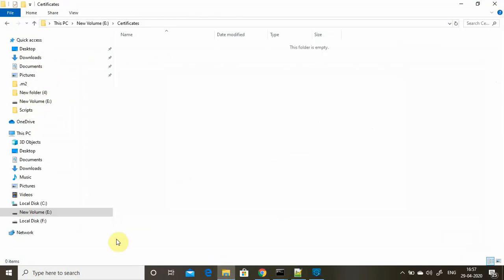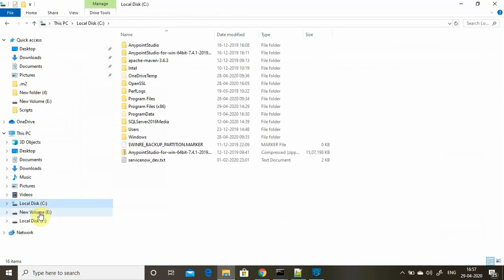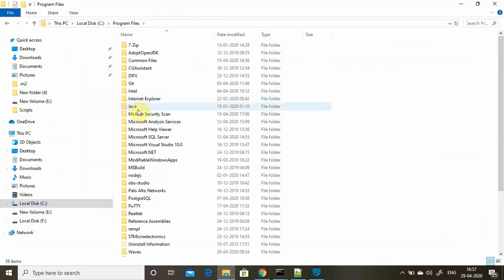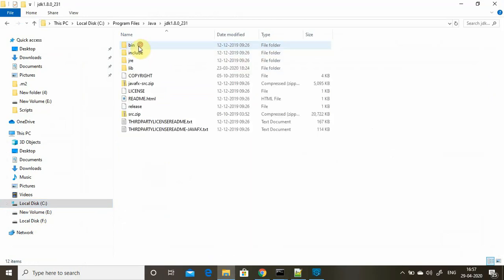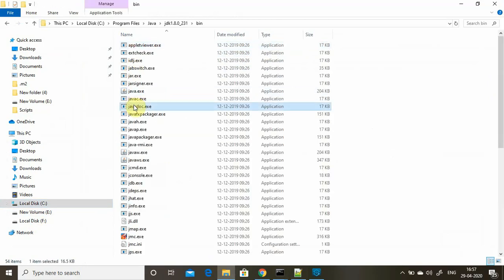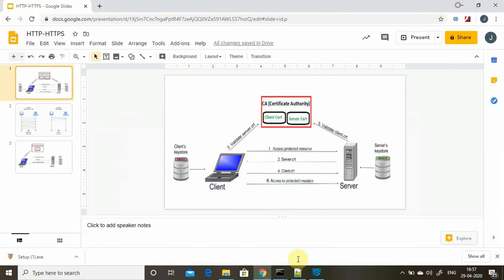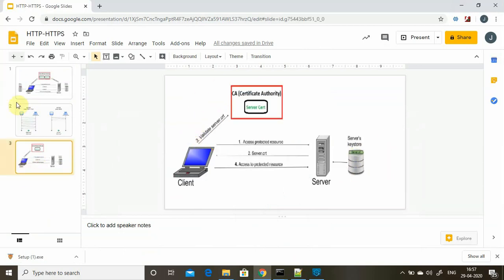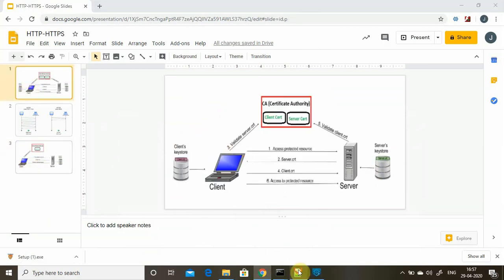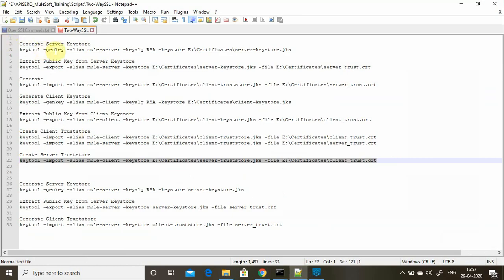So how can we do it? There is a utility called keytool, which is part of your JDK. You can go to Program Files, Java, JDK, and under JDK go to the bin folder. There you can see keytool, which can be used to generate the certificates. First we will generate the server certificate, and then we will generate the client trust store. There is a command, keytool -genkey. You can give some alias name because it's very important. You can give the algorithm RSA and the location where you want to generate